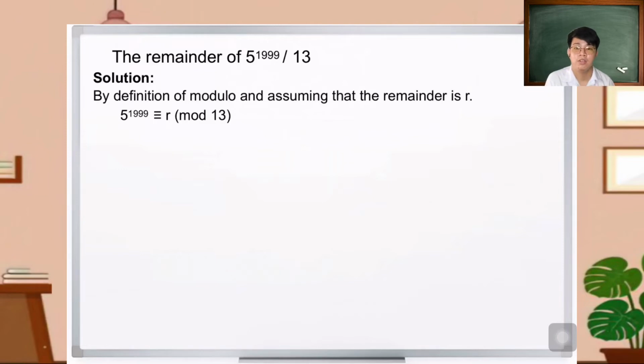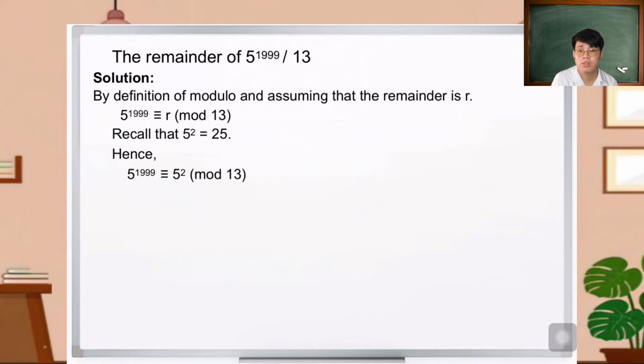By definition of modulo and assuming that the remainder is r, we have 5 raised to 1999 is congruent to r modulo 13. Recall that 5 squared is equal to 25, which is the nearest to 26 that is divisible by 13. Hence, by substituting 5 squared to our r, it will be 5 raised to 1999 is congruent to